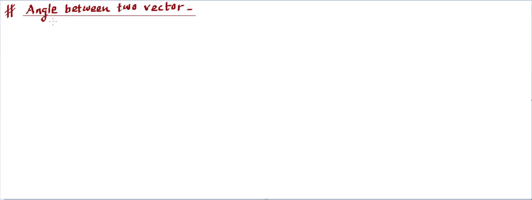Now let's talk about one small but important point, which is written over here, angle between two vectors. So if we have two vectors, then we need to find the angle between those vectors. Let's say that angle is theta. So we will generally use the angle theta to indicate the angle between two vectors. Geometrically, I'm going to explain over here. Let's say we got a vector A, and this is a vector B. And if somebody says the angle between these two vectors is theta, then what does this mean? That's what we are going to talk about.